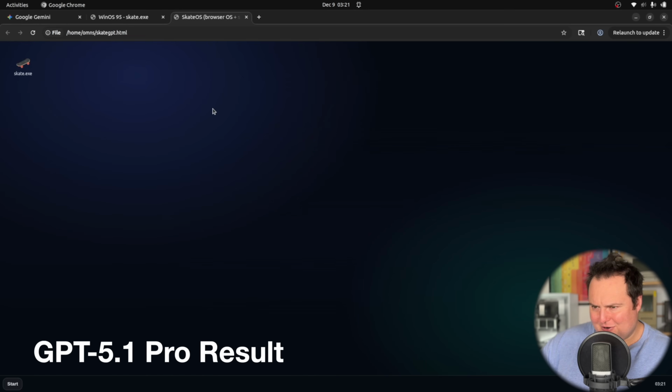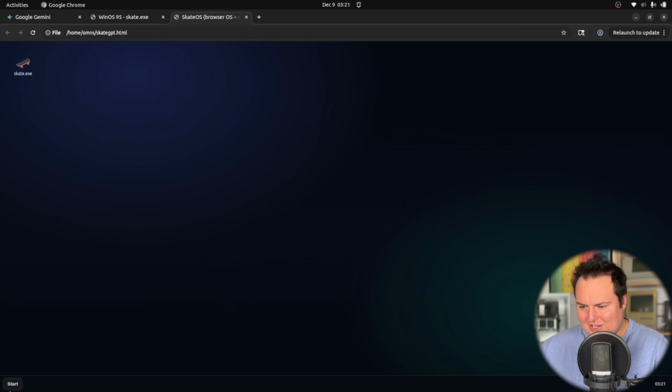Okay, we have a very dark operating system, which is kind of the GPT style for design. I'm not quite sure why. No right click, the clock is correct. There is a start menu, and I'll notice in lieu of what they normally do when just given the browser prompt where they add in a bunch of default apps like the calculator or file explorer and things like that, they just specifically did skate. The skateboard icon here is well done. So,